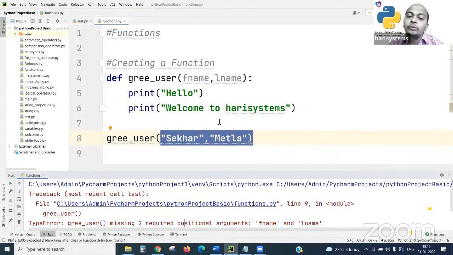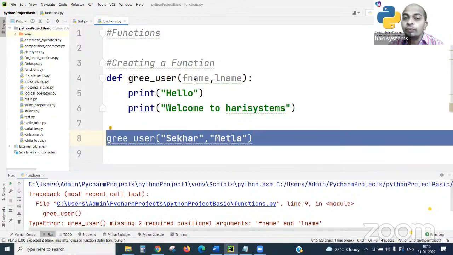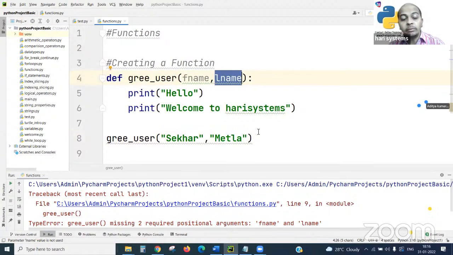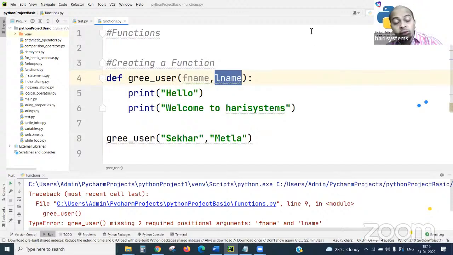Positional arguments means the first one goes to the first one, and the second one goes to the second one. That is called positional. Why positional? Because of the order of data arrangement of parameters and arguments. Why is it so important? We'll see in the next example.